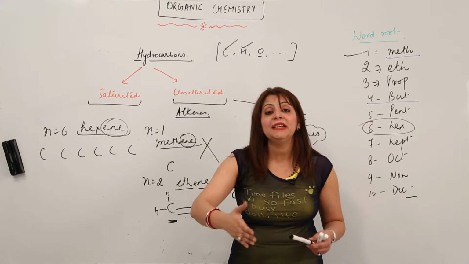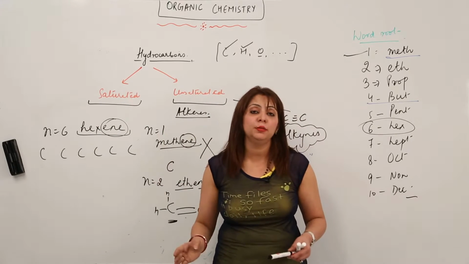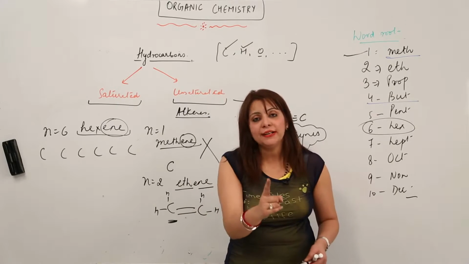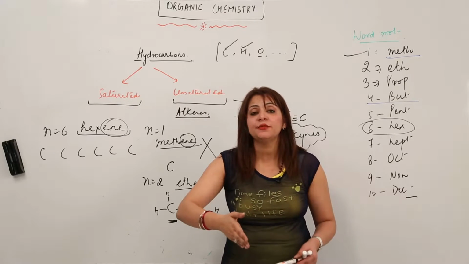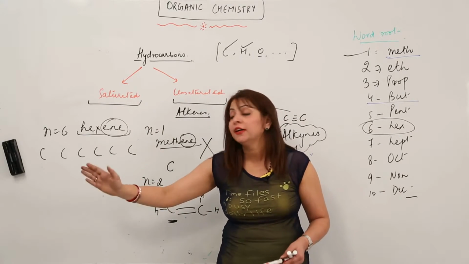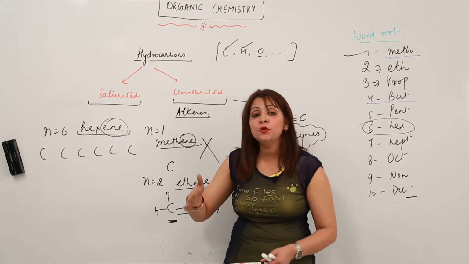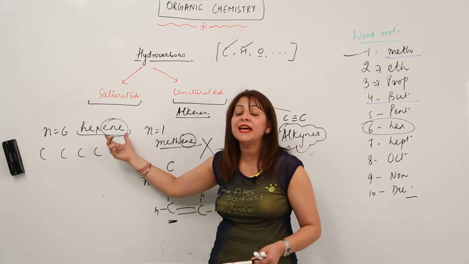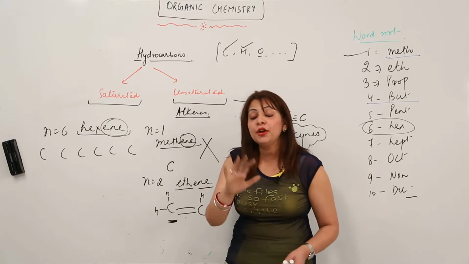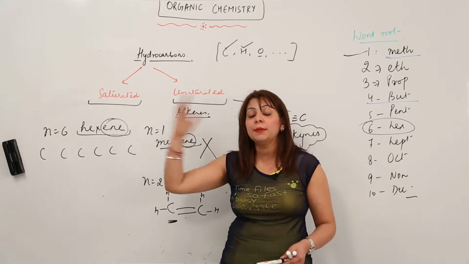Very important thing, just keep in mind, ene means double bond. It does not mean that all the carbons contain the double bond, right? There is only one double bond, and try to fix its position at the corner, whether at this corner or that corner, because at this moment you don't know what ene means. Actually it is one ene. If you have 2 ene, you have to put the double bond at 2 position.